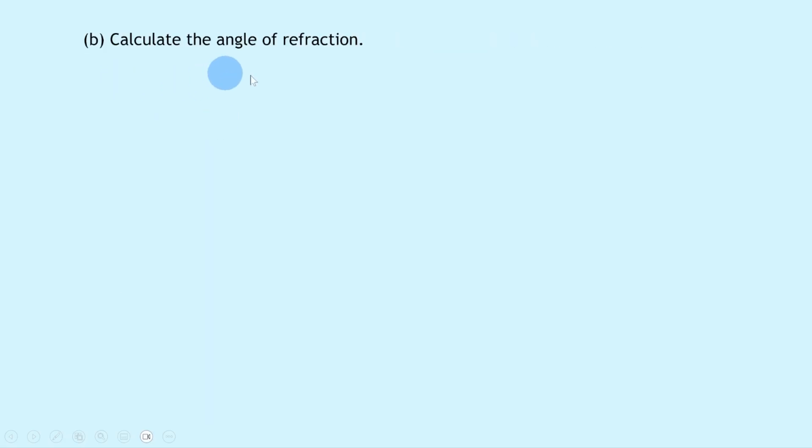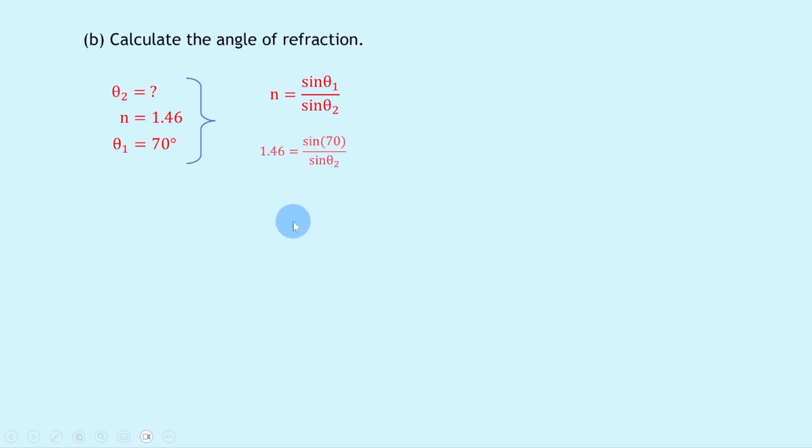Part B says calculate the angle of refraction. So we want to calculate that angle θ2. We know that n, the refractive index, is 1.46 and angle θ1 is 70 degrees from the diagram. So writing down our equation, we have n equals sine θ1 over sine θ2, substituting in the numbers gives 1.46